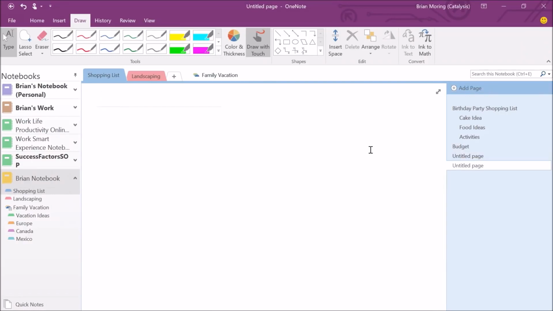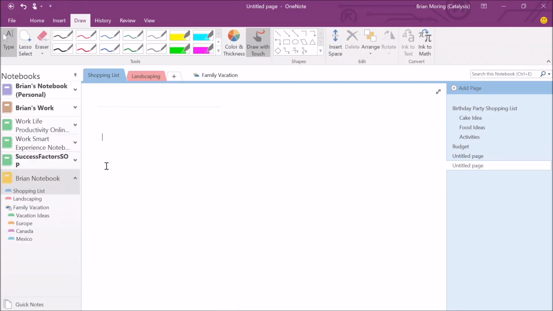Now, just like having a notebook, think about when we were back in school, having all those sections and stuff like that. We had the ability, again, to draw anywhere within our notebook. Same thing goes with the ability to add text and draw ourselves within this notebook, within OneNote. Think of OneNote as a virtual notebook, right? So the old notebooks that we had, the spiral-bound notebooks we had, this is the same thing except it's in digital form. In that case, we have the ability, so if I were to just select type,